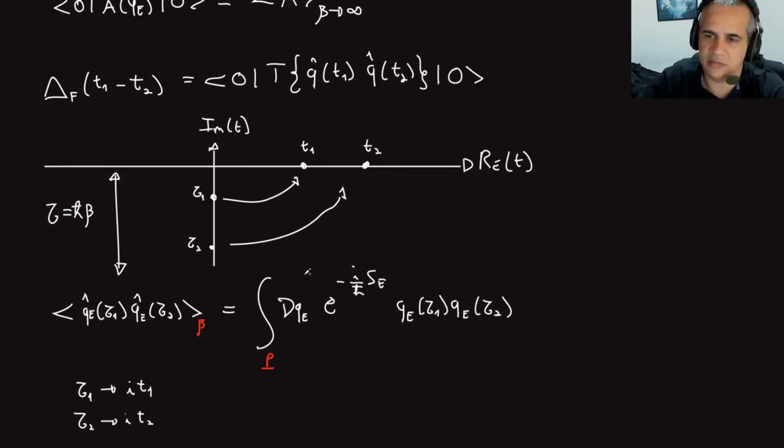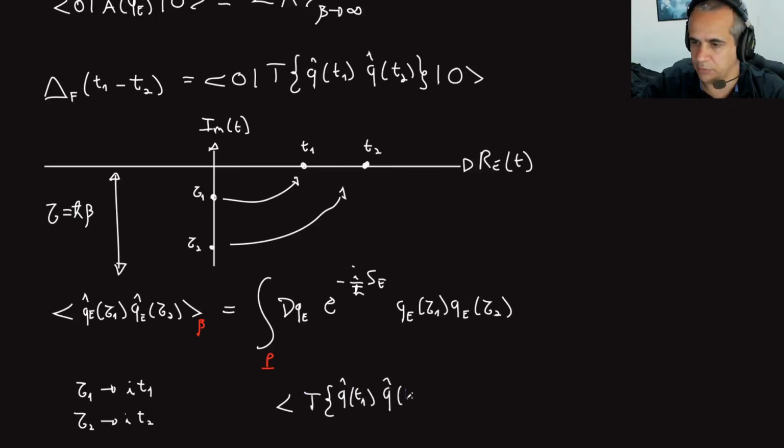That's also true if you put more than 3 fields there, then you could also do some ordering here, which is cyclic but very similar to the time ordering. So if I do this, then I get the time ordered product of Q of t1, Q of t2, at temperature beta,